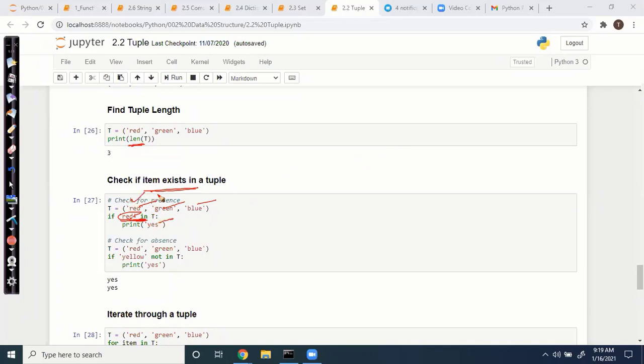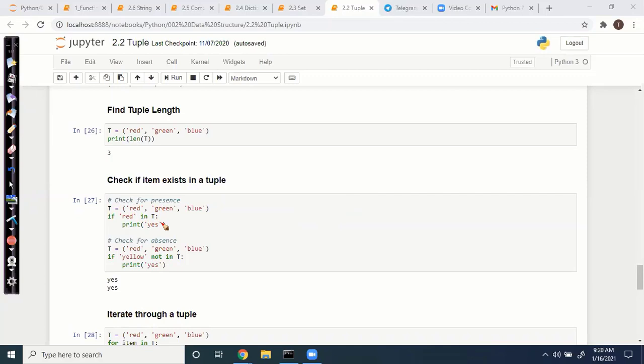Suppose this is an employee name, so if the employee name is blue, we have to check whether red is a blue, green is a blue. Normally only the last item shows the error. We are checking, we have to use a for loop. Instead of that, you can use the in and not in operators directly.